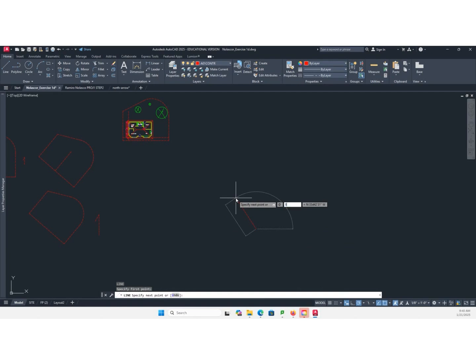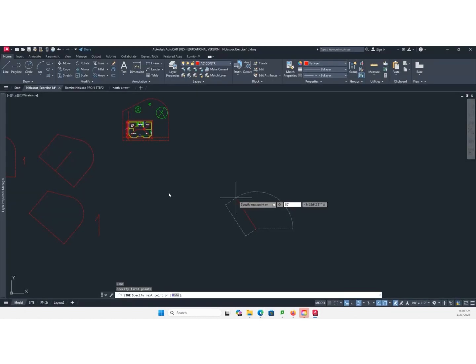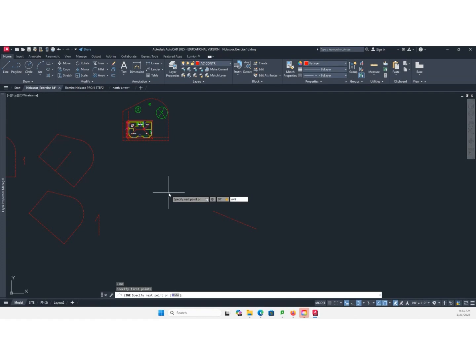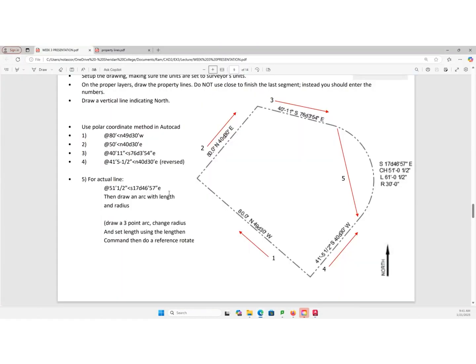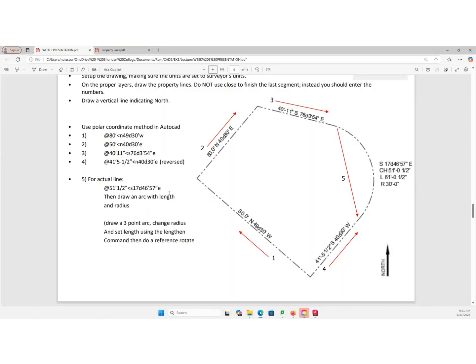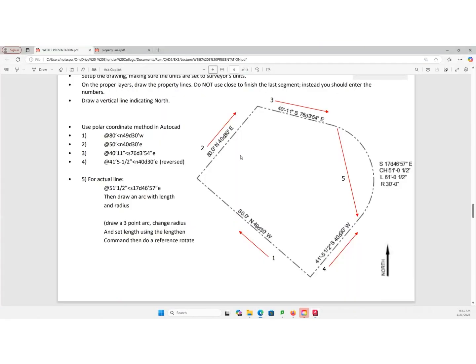At 80 feet, that's line number 1, then the less than symbol, which brings you to the bearing or the angle. North 49D, 30 minutes, W, enter. That's the first line.